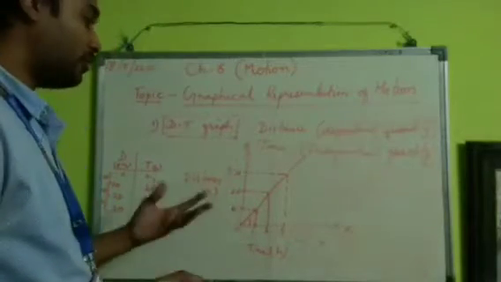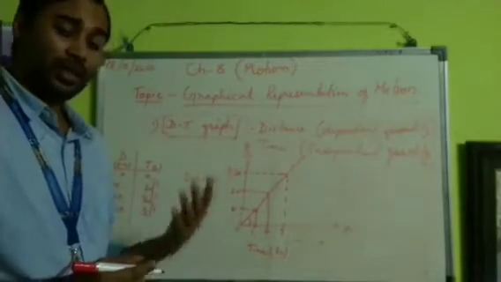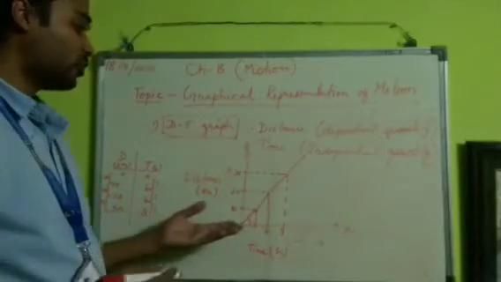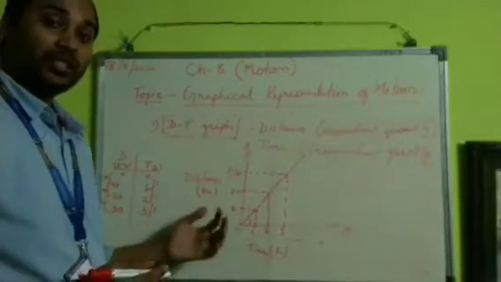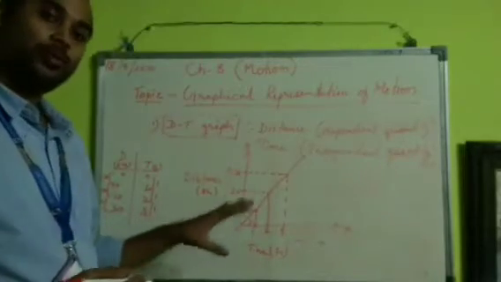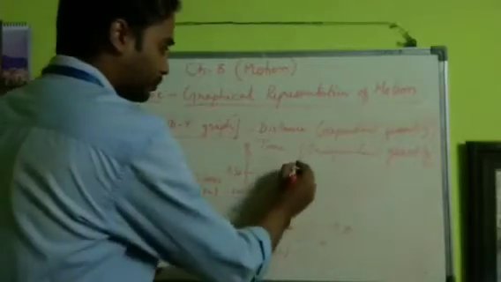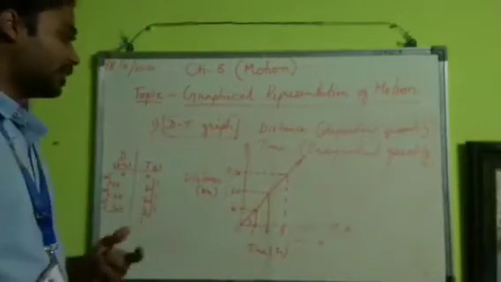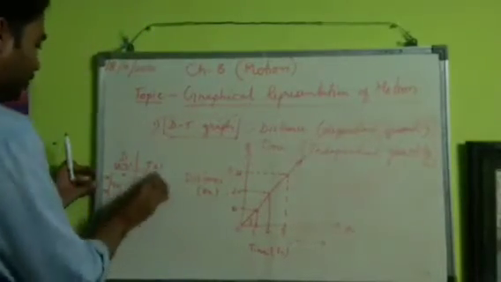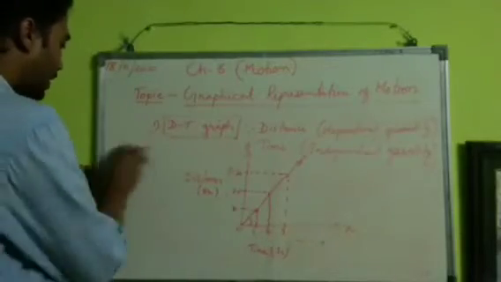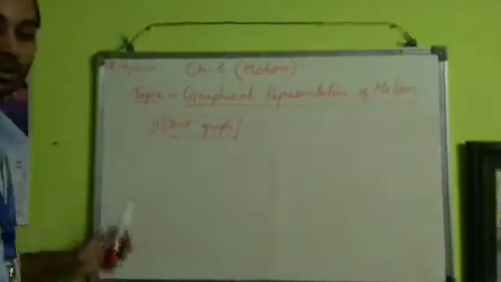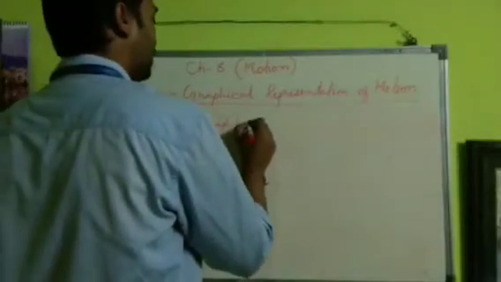uniform motion. Now we have already discussed about uniform motion in the beginning classes. Now what is uniform motion? The motion in which an object covers equal distance in equal interval of time. So we have already discussed this, so it will be easier for you to understand. So now let us discuss about distance time graph for a non-uniform motion. Now what we have to take? We have to take few more values to understand distance time graph for non-uniform motion.